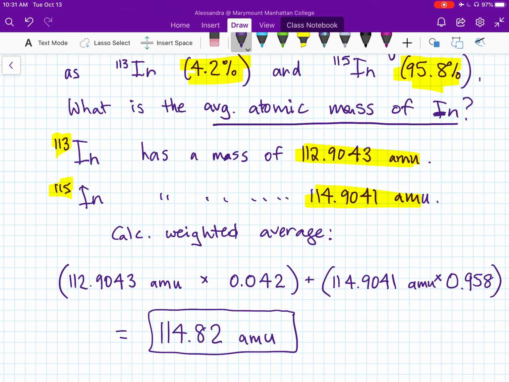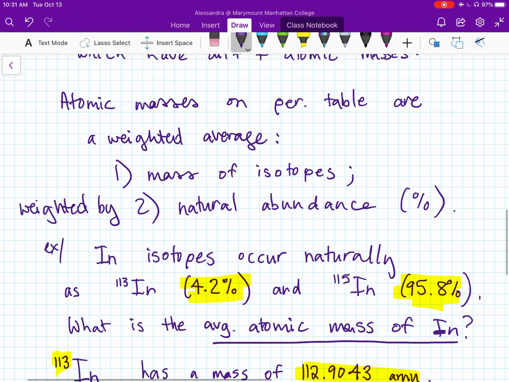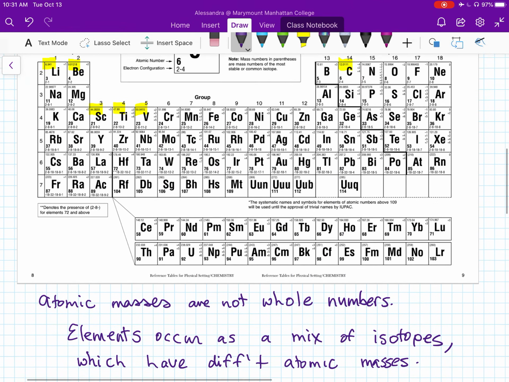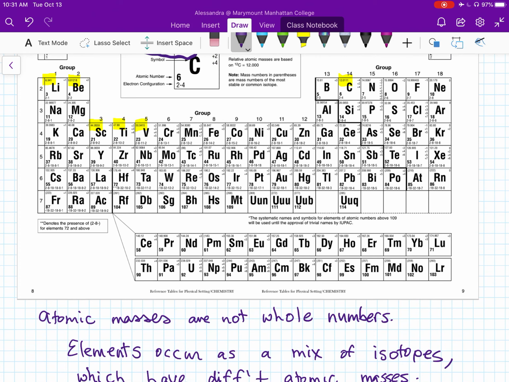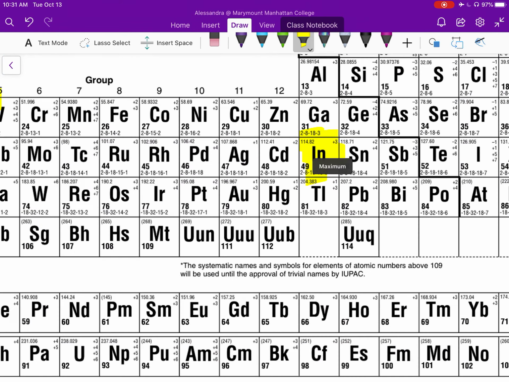Does this number match the number on the periodic table? So let's go back to the periodic table and find indium, and we will try to see if our number matches. Sure enough, 114.82 atomic mass units is the atomic mass of